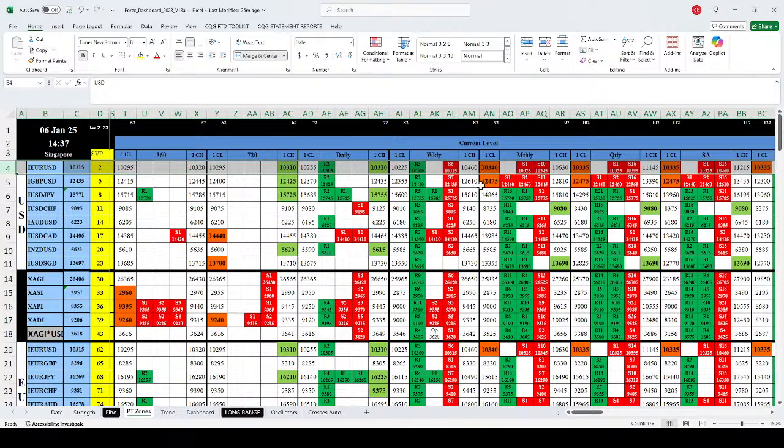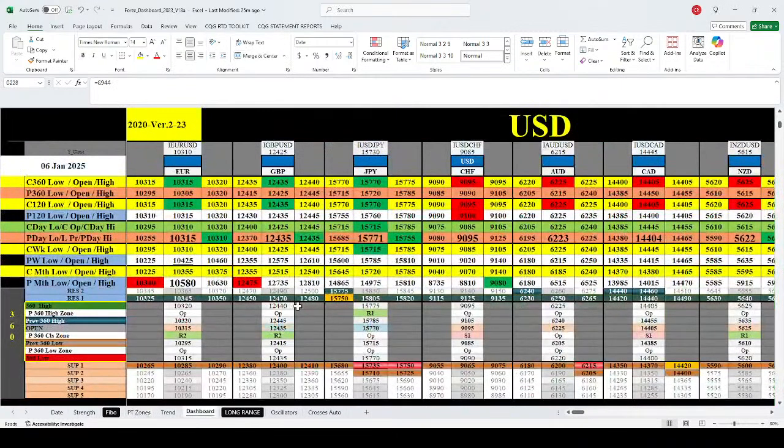Okay, PT zones. This is telling, I think, on the weekly and monthly, a sell and hold, and the daily and 360 and 720 no strength, so this should be a cautious buy. Cautious buy means if you're buying, you've got to exit fast. If you are holding, going for a hold, then we have to look for sell and hold. Okay, so now we look into the dashboard.